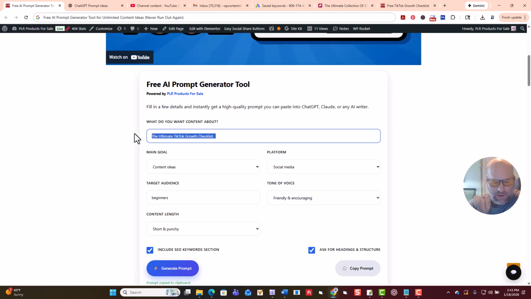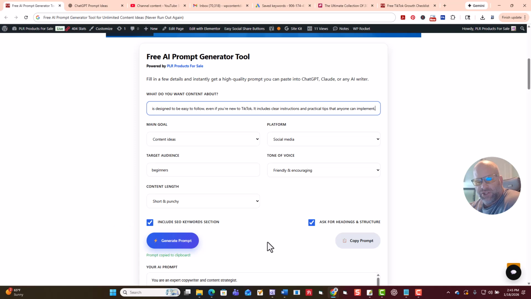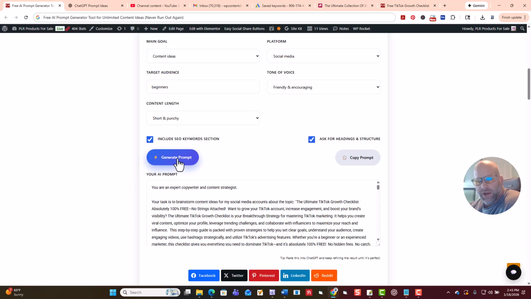I'm just going to paste this right here. And then we're just going to leave this all the same thing. We're going to do content idea for social media again. And then we're going to do beginner's friendly, encouraging tone. I'm just going to use short and punchy again. Leave these checked. Then we click right here and it generates us a new